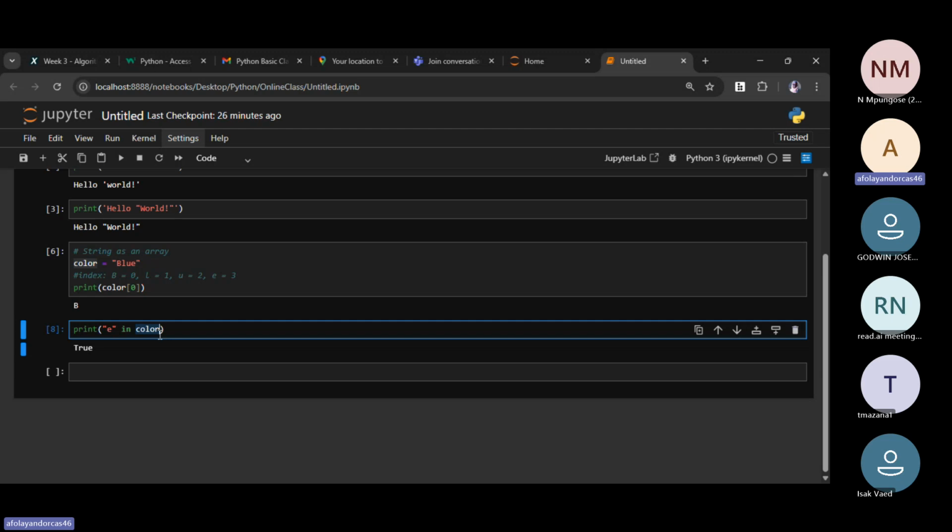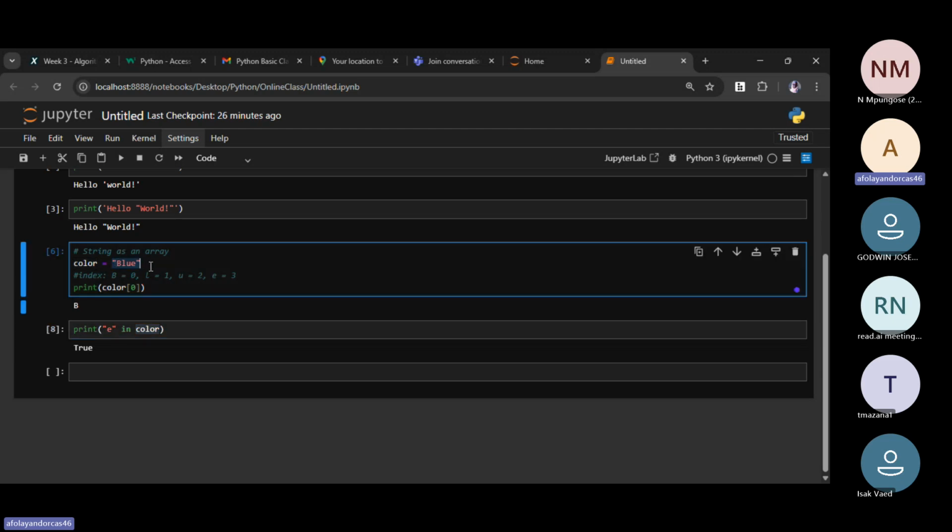I've already declared the variable to be blue. So anytime I refer to this variable, I'm talking about this blue, which I've already assigned to it. It's not something complicated. So I said, is there E in the value of color? Since the value of color is blue, is there E there?